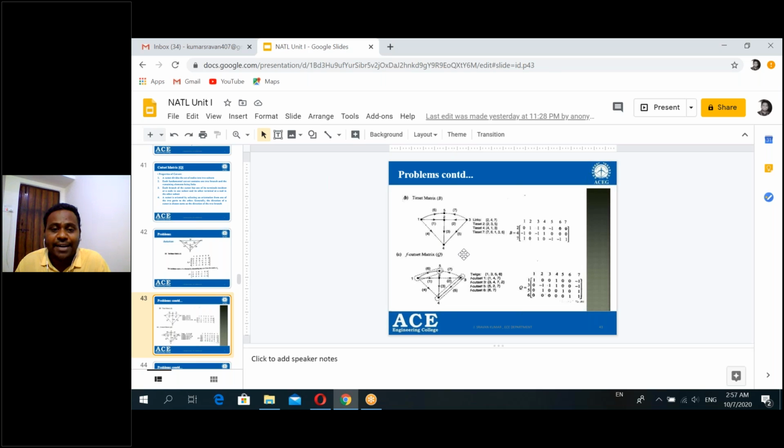Next, the second loop, the second tie set, that is tie set 4. In this, we should follow the branch 4 direction. Why? Because branch 4 is the link. It is in the anti-clockwise direction, so 4 is taken directly as positive. Why? Because 4 is the link only. Next, 2 and 3 are the branches present in this loop, tie set 4. 2 and 3 are in the clockwise direction, that's why minus 1.